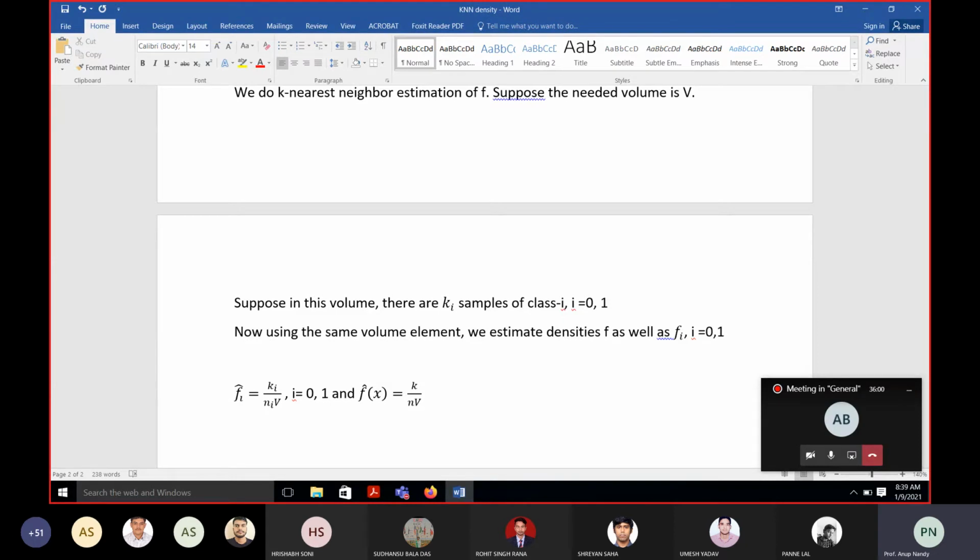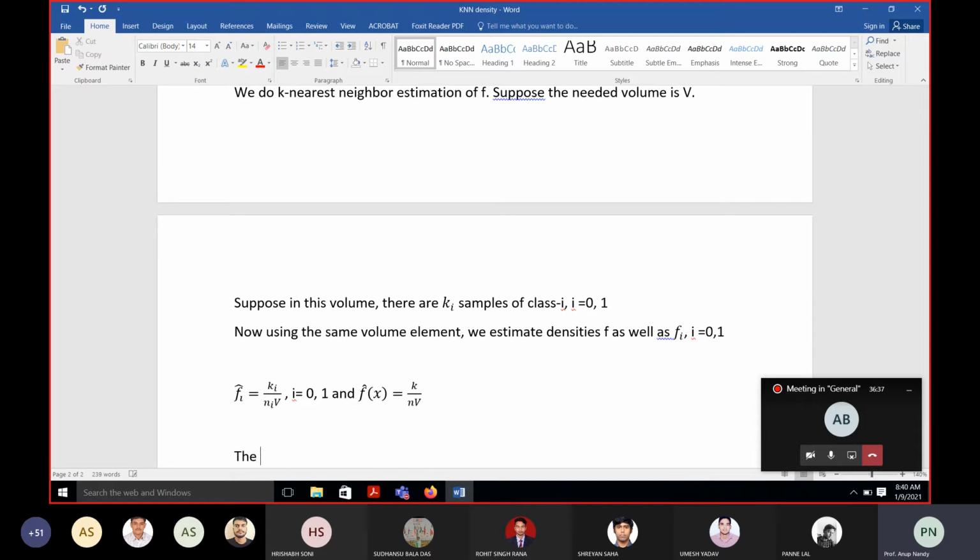So first one is that you need to know this for this ith class. It is this actual thing. From the n samples, if you consider the total estimate, out of the n samples, k samples belong to this particular hypersphere, and for the ith class, for each class, you need to estimate how many samples belong to this hypersphere.